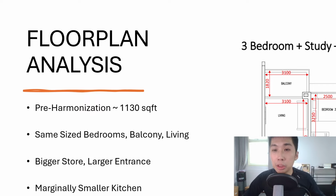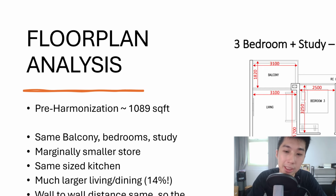Next one, 1023 square feet, 3+ study. Now you notice a big size difference. Pre-harmonization, this is 1130 square feet. Bedroom, balcony, living room, all same size. Where did the space come from? Your entrance. All right, kitchen marginally smaller, but you notice with this entryway, the previous 3-bedders we saw had no